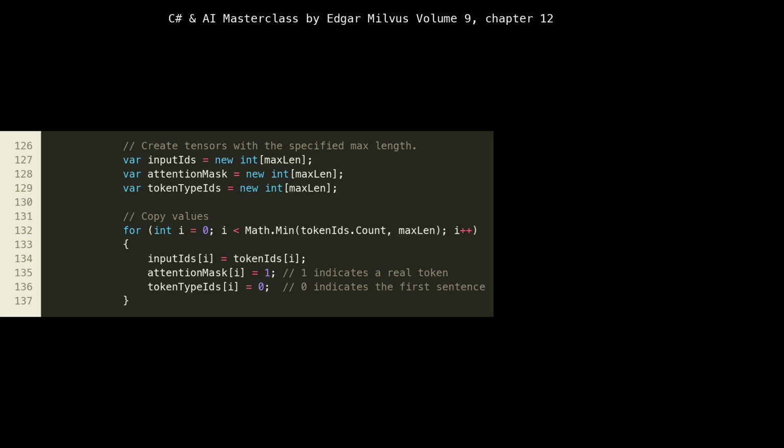At lines 126 to 137, we move into the crucial step of padding and creating the attention mask. BERT models expect fixed-length inputs, so we initialize 3 arrays, input IDs, attention mask, token type IDs, to max len. At lines 131 to 137, we iterate through our token IDs and populate these arrays. Input IDs gets the actual token IDs. Attention mask gets 1 for each real token, indicating to the model that these positions should be attended to. Token type IDs gets 0 for all tokens, as we are performing single-sentence classification and don't need to distinguish between